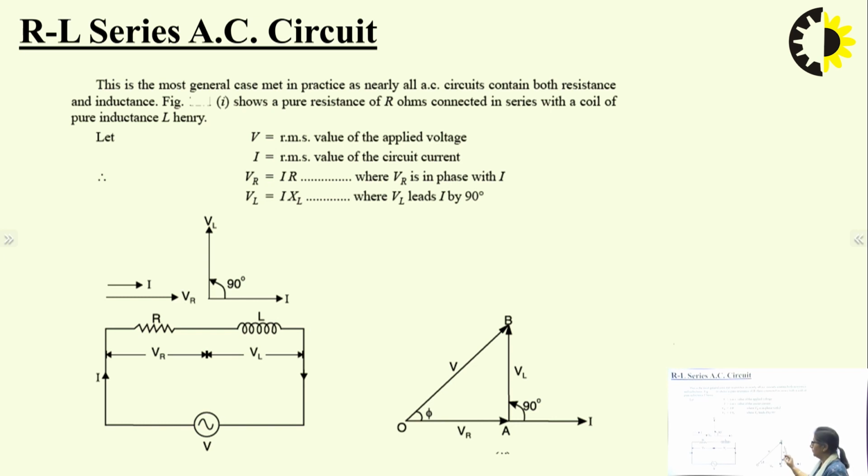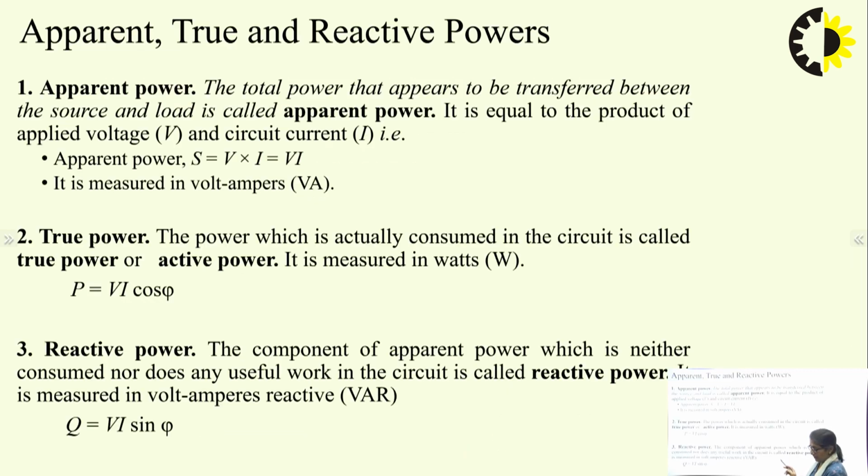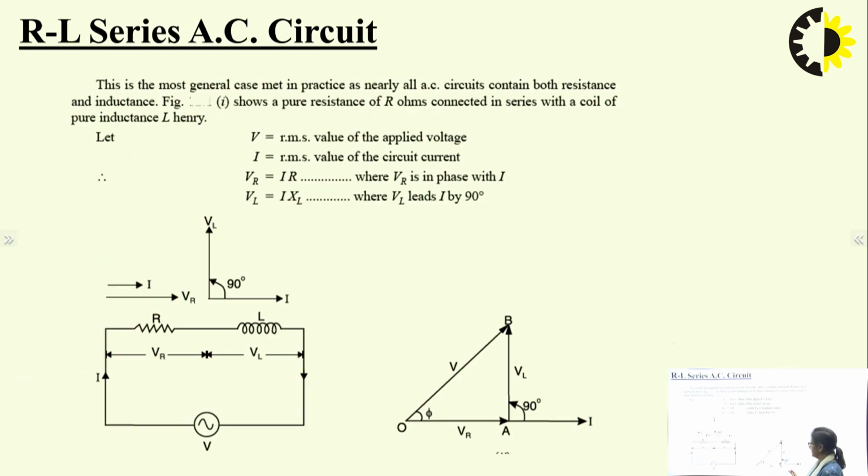Whereas, what about VL? The current will lag the voltage by 90 degrees, or the voltage will lead the current by 90 degrees. So I am making it leading. If that is so, the resultant is over here. So V is given by the phasor addition of VR and VL. This is the supply voltage, this is the supply current. The angle between voltage and current is our power factor angle or phase angle phi. So this is my resultant V, and V is given as